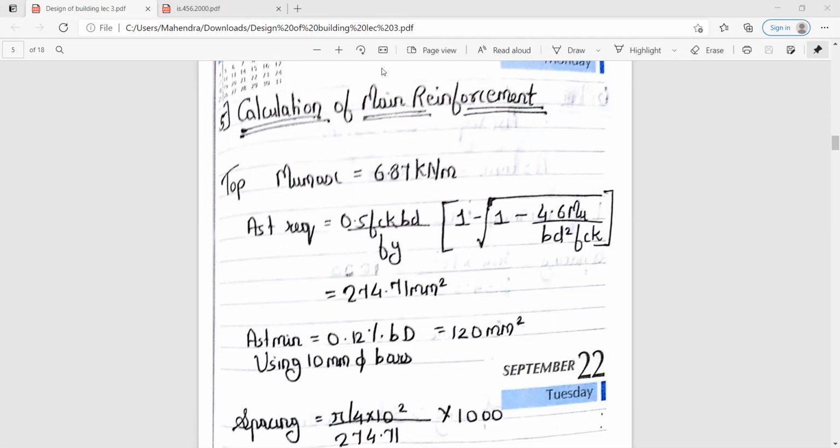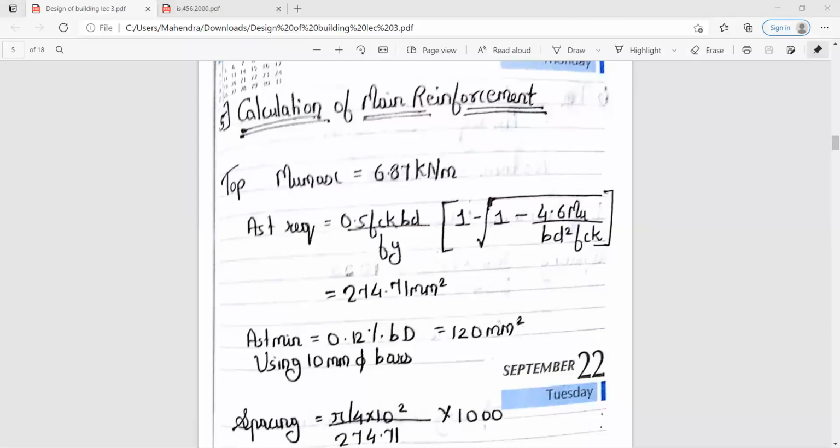If any doubts or queries, you can ask. Okay, everyone had calculated AST required.